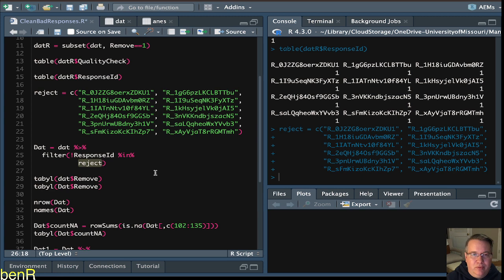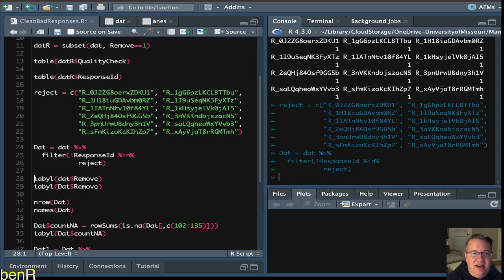So I'm going to type the word reject here, and it's going to go through my DAT data. It's going to look in the response ID column, and it's going to look for the 12 response IDs that I have in my reject list. And it's going to filter them so that those response IDs are not included in my new data set, which is capital DAT. So I run that, and I've created my new data set